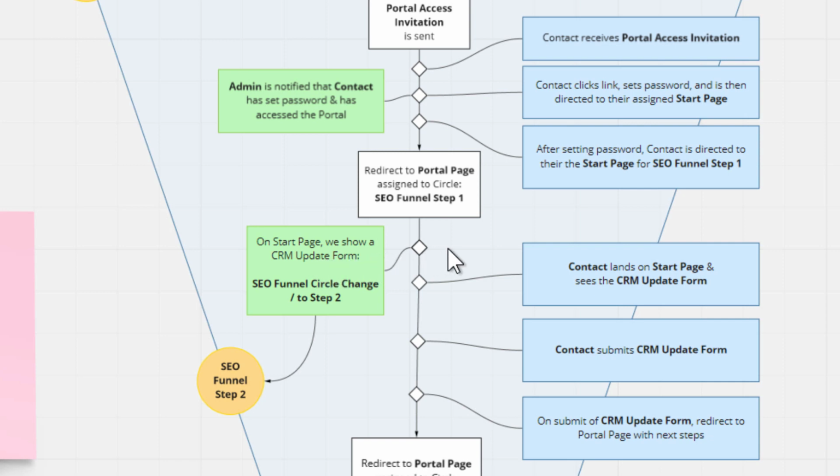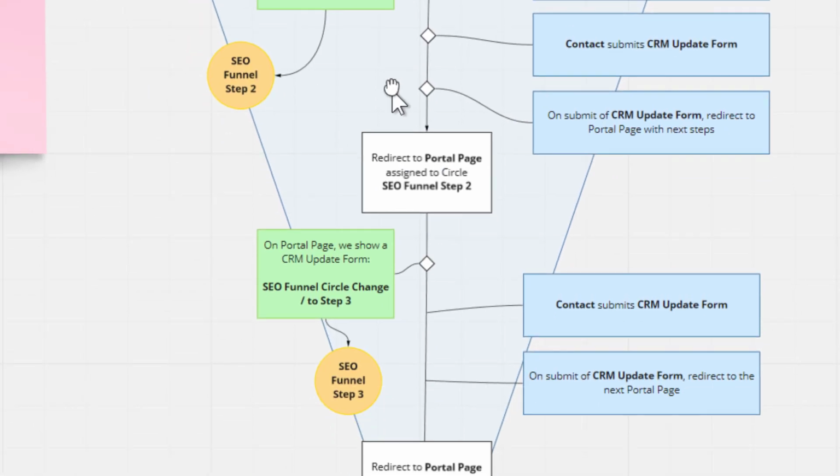That's going to be a very small form. And we're going to use that form to achieve a circle change. We're going to change them from SEO Funnel Step 1 circle to SEO Funnel Step 2 circle. And then on that redirect, we're going to redirect them to another portal page that is assigned to SEO Funnel Step 2 circle. And on that page, we're going to show another CRM update form whose job will be to